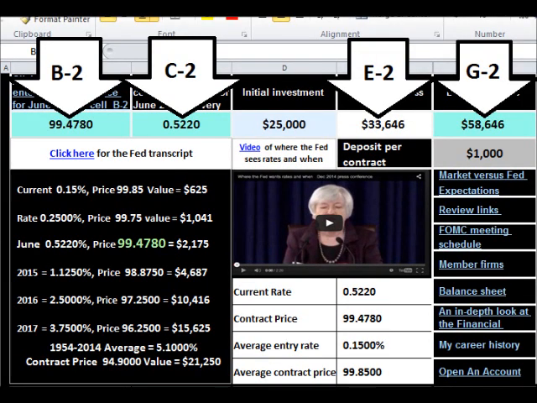Next, let's assume that the Federal Reserve is right about the Fed funds rate that they set. In cell B2, enter 99.4780. The rate will show in cell C2 of 0.5220. The net profit or loss shows in E2 $33,646. The net liquidation value for the $25,000 investment unit shows in cell G2 of